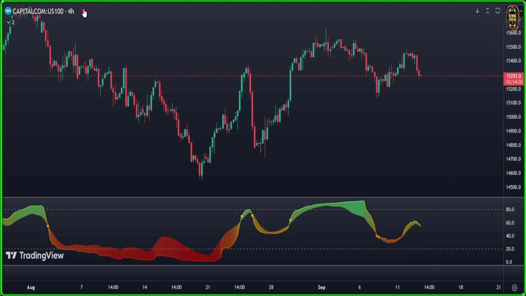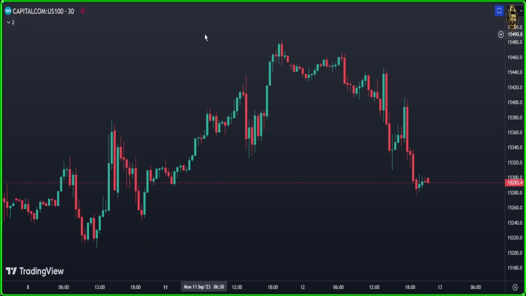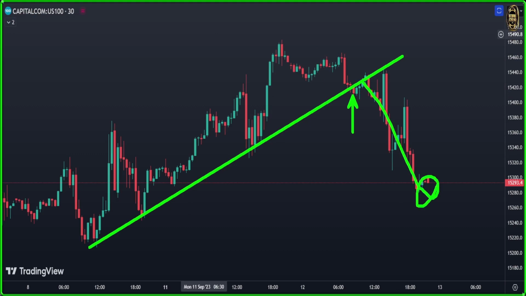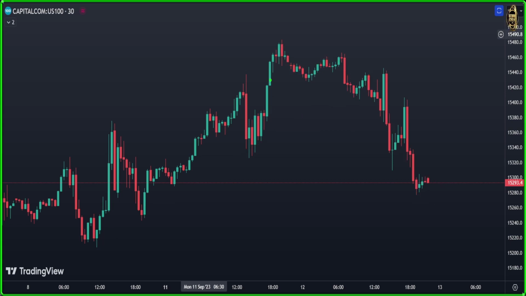Now let's go see the Nasdaq 100 and what it's doing today in 30 minutes for scalping and day trading. So let's go in there. Here we are in 30 minutes. Here in 30 minutes, you remember what I used to say about the trend line here. That one here is breaking, and look how much it fell down till down here. You can find it in the last video. I told you if it doesn't give us a price action here. By the way, the Nasdaq gave us a price action here, as you see, the double top here. And when it's breaking here, we dive into a short trade down here.